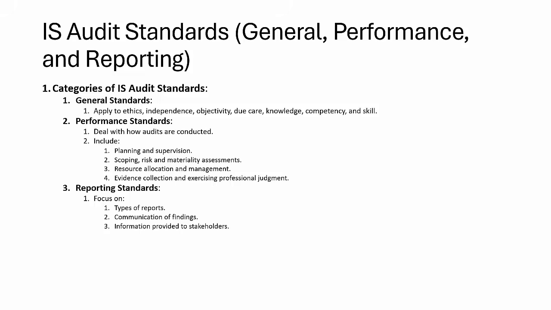So this is the continuation of my previous slide. When we're talking about standards, ISACA has standards which apply to ethics, independence, objectivity, due care and so on. Let's say, for example, I join a company. Before that, there is no audit function. Now, what is the audit function? What are the things that happen in the audit function? So I can refer to the ISACA standard. They have all these functions. You must have this, you must have that. You can create your own rule book from their reference guide.